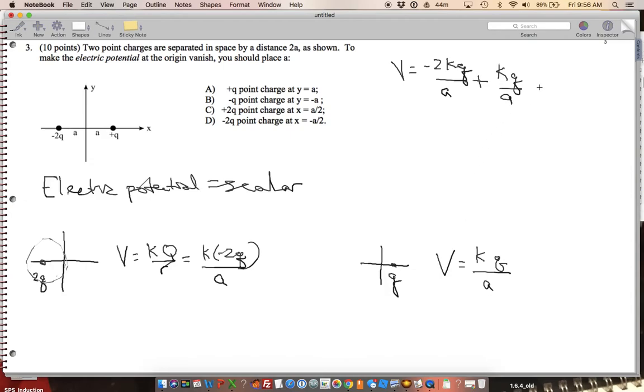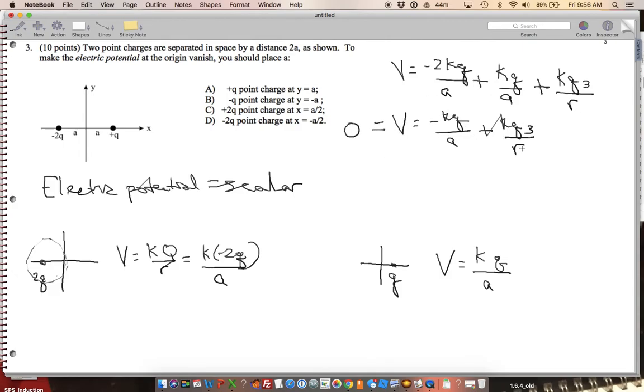And now I'm going to have one more. I need another charge so that I can make this equal to 0. So I'm going to just say kq3 over r. I don't know what this is. Okay, so I can add these two together because these are the same denominators. This is a negative 2, this is a positive 1. So I'm going to have v is equal to a negative kq over a plus kq3 over r. If I set this equal to 0,